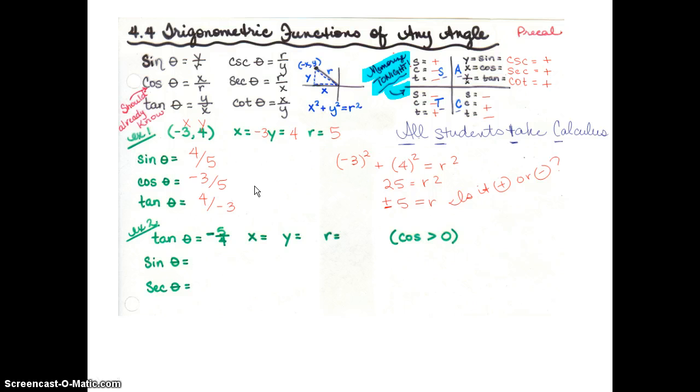All right, look at example 2. For example 2, it says, given tangent theta is equal to negative 5/4 and cosine is greater than 0, find sine and secant. All right, so I start off by saying if tangent is y over x, then I know that 5 has to be y and 4 has to be x. The only problem is one of those is negative, and I don't know which one it is. Is it negative 5 over positive 4, or is it positive 5 over negative